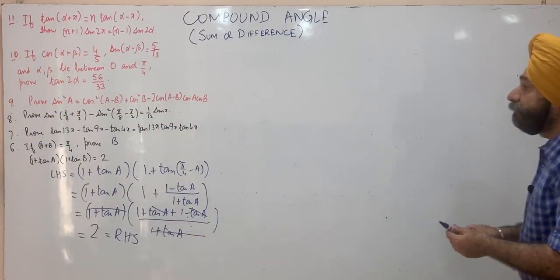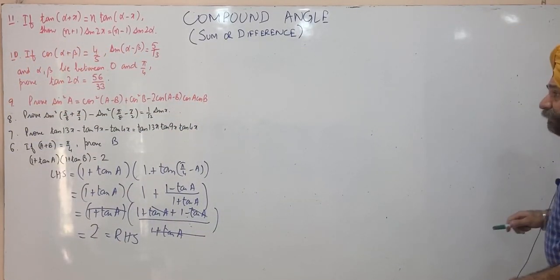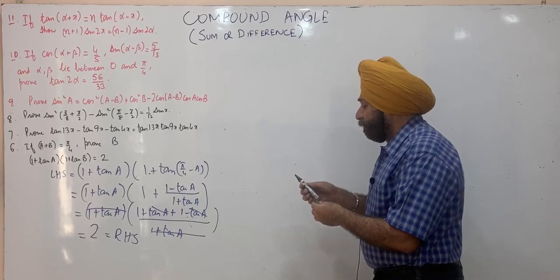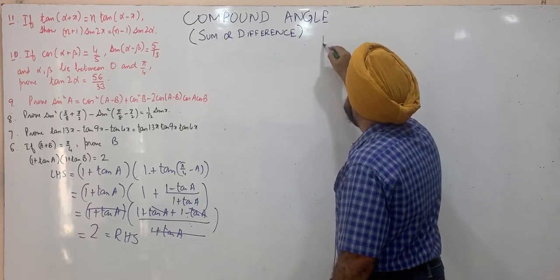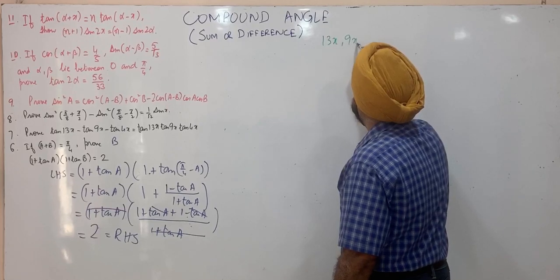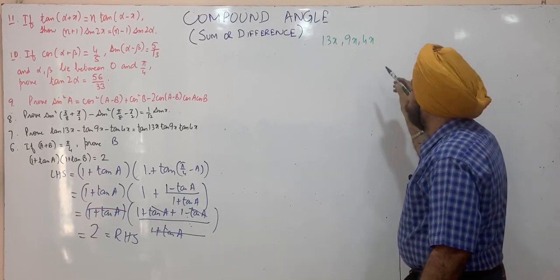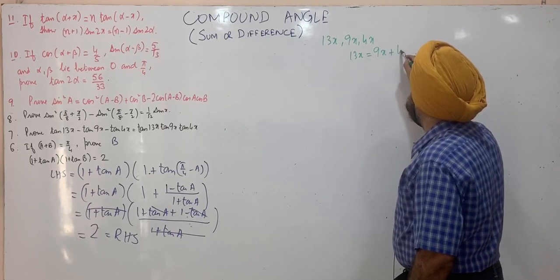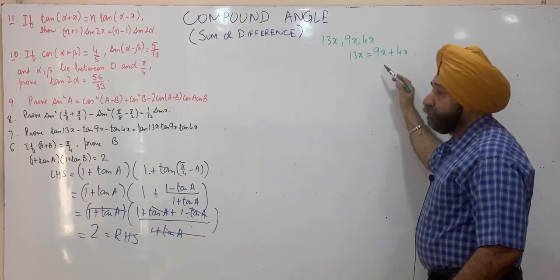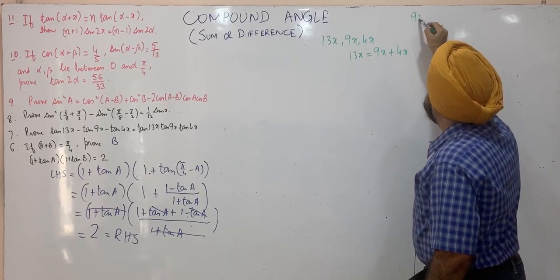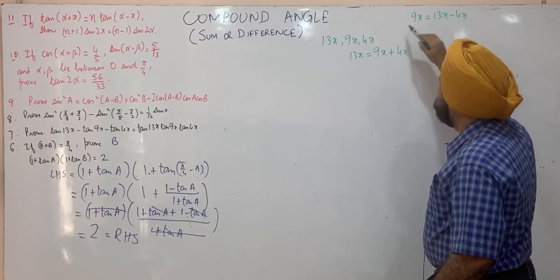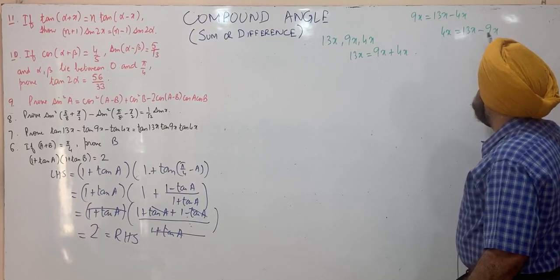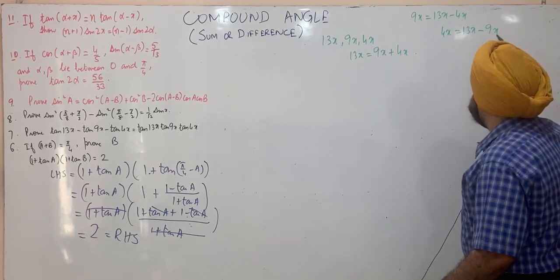The next one. So here we have tans of 3 angles. To prove such results, we start from angles. We have 13x, 9x and 4x. We can write any relation between these, like 13x is 9x plus 4x and then taking tan on both sides. We could have written 9x as 13x minus 4x and then taking tan on both sides, or 4x is 13x minus 9x and then taking tan on both sides. So let's start with this.